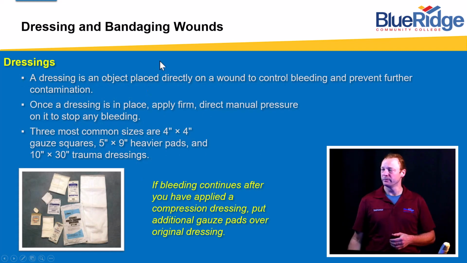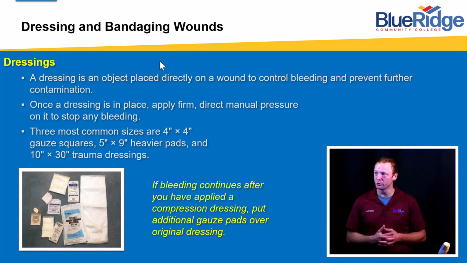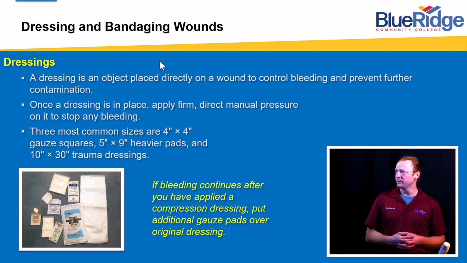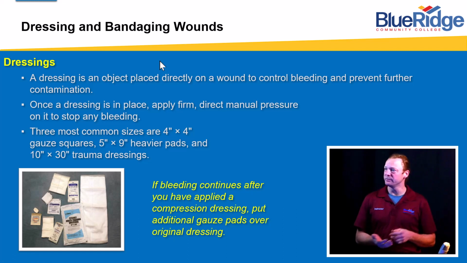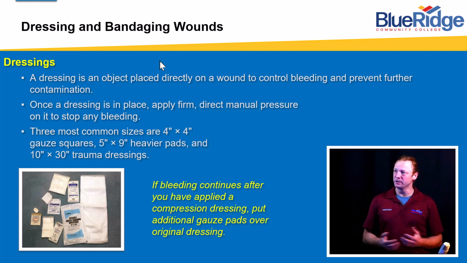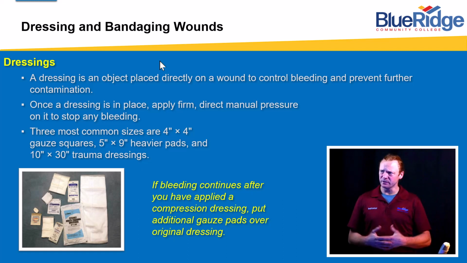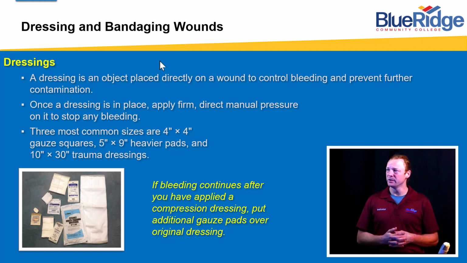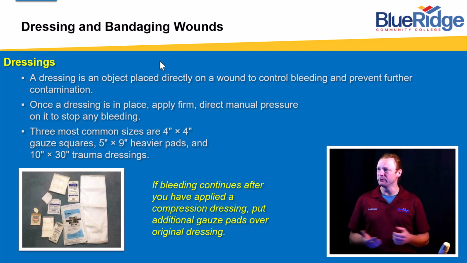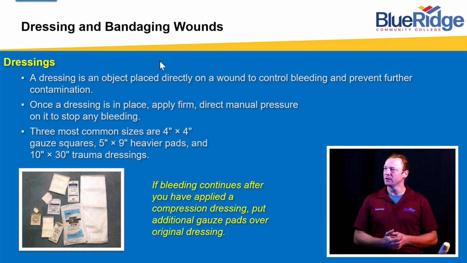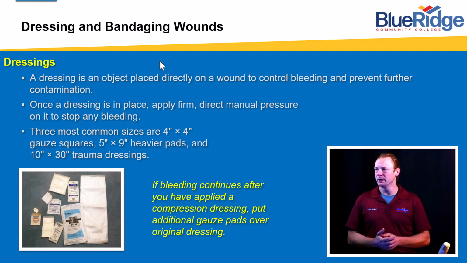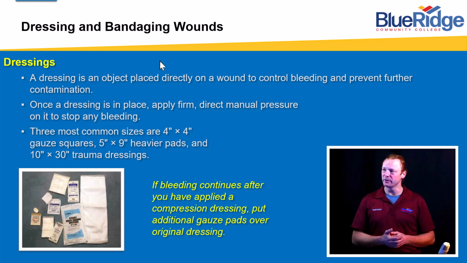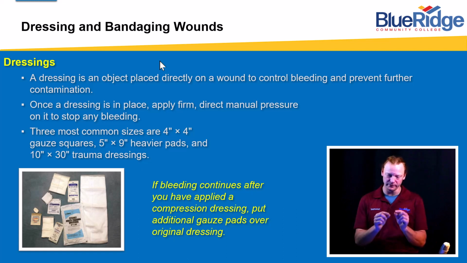Here's some examples of dressings down there in that lower left portion of your screen. Most commonly in our medical kits, you'll see 4x4s, 5x9s, and 10x30 trauma dressings. The 10x30 trauma dressings are rather large, and you don't see a whole lot of those anymore, but there's usually a couple on an ambulance. The 5x9s or abdominal pads are one of the more common for your larger injury patterns. And then we have our 4x4s, and a lot of agencies will also use 2x2 dressings for your very tiny